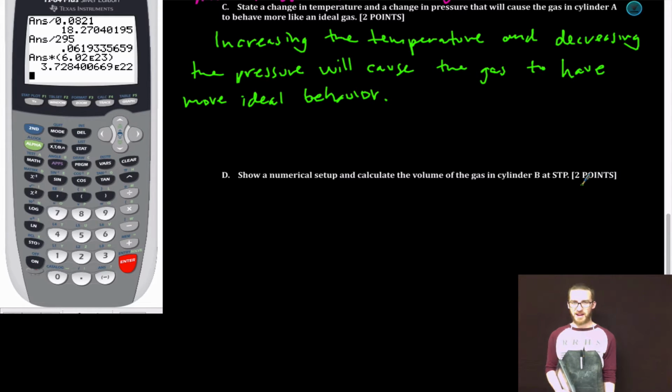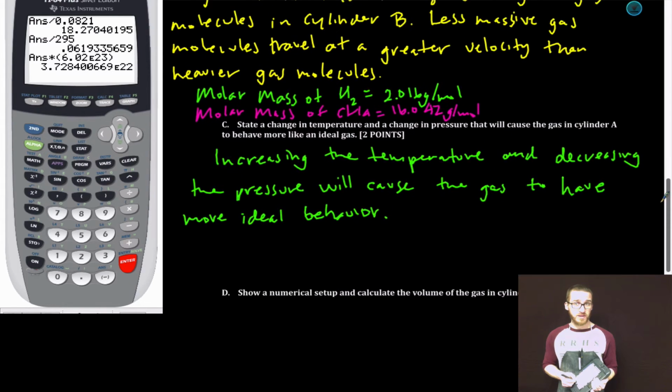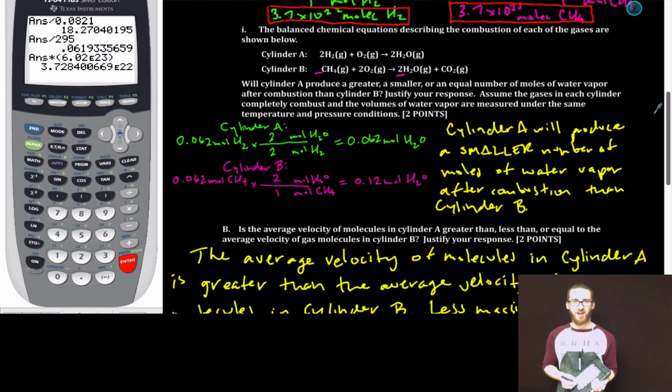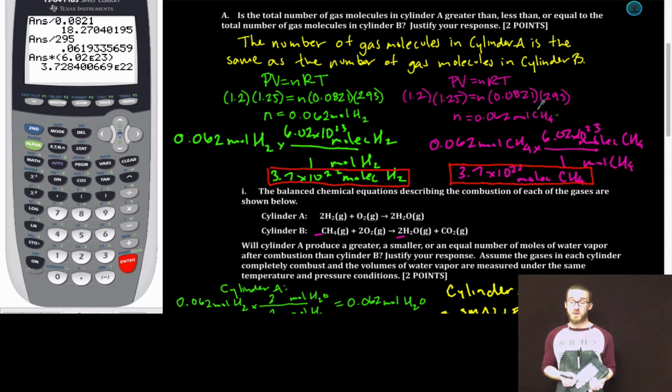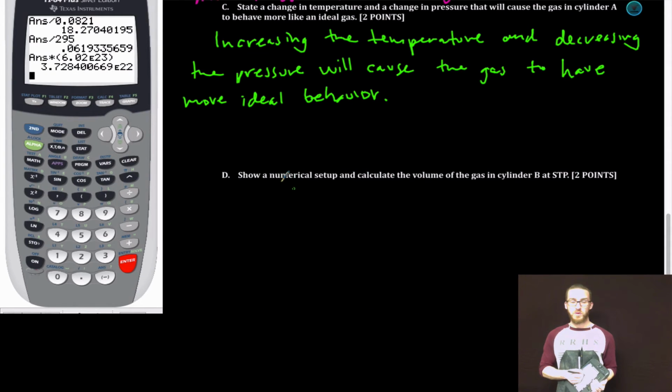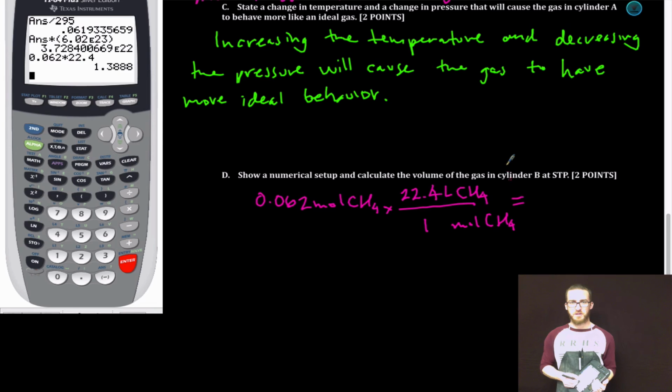Finally, Part D. Show a numerical setup and calculate the volume of the gas in cylinder B at STP. Alright, now there are a couple different ways you can do this. I think the easiest way to do this is jump back up to Part A. Recall that we determined the number of moles in cylinder B to be 0.062 moles. When you're at STP, just take your number of moles and use the standard molar volume relationship that exists between moles and liters. 1 mole, 22.4 liters. 0.062 times 22.4. 2 sig figs, 1.4 liters of